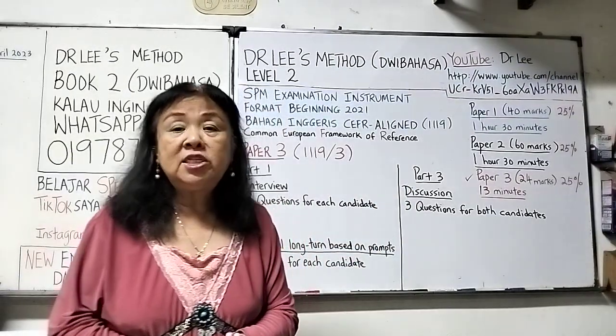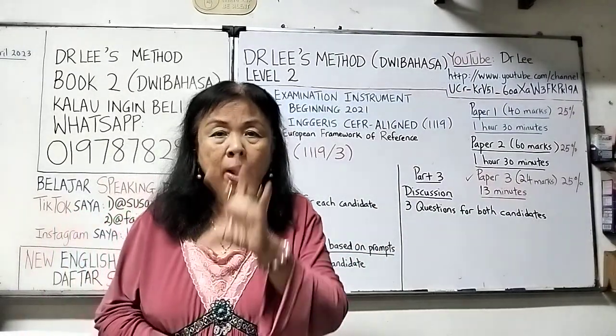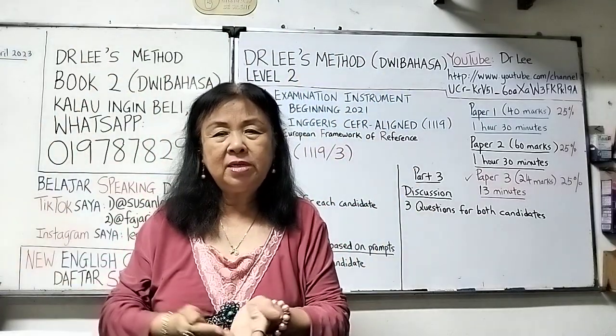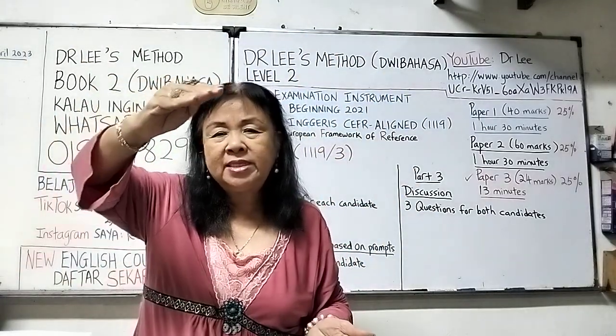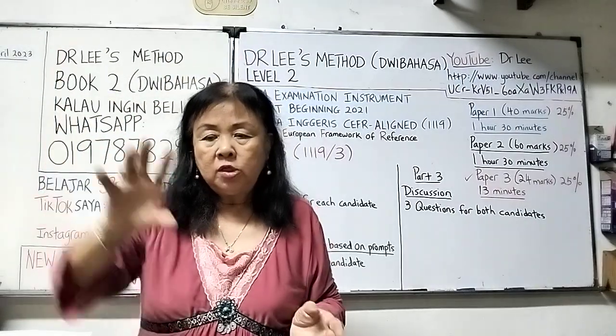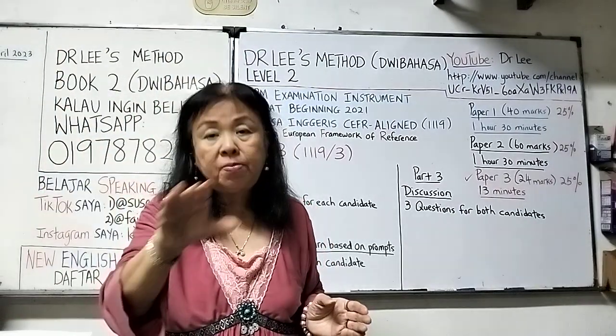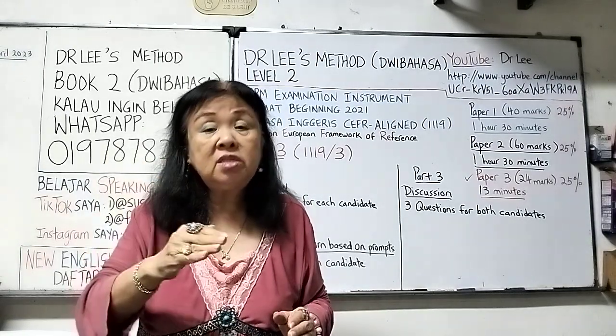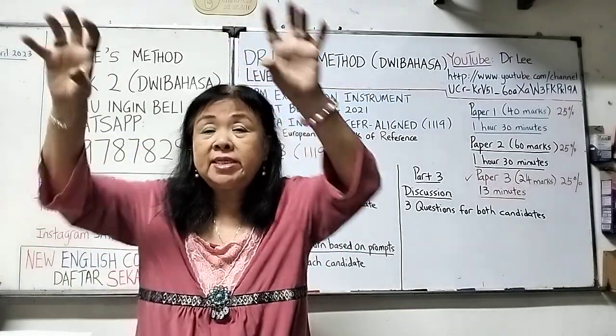Part 3 is a discussion topic. So 1 topic is given. So usually they draw a graph, you know. They give you 1 circle inside, 1 circle outside. So the inside circle, you can see the topic. Example, causes of pollution. What are the causes of pollution? And then they give you 6 other